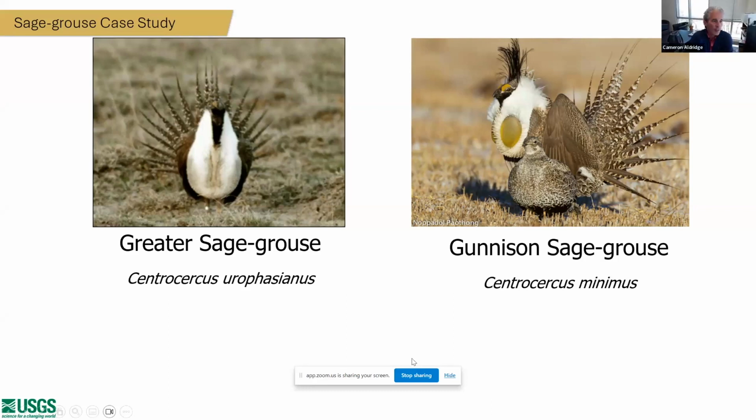Great. So I'm going to shift focus, but stick within the sagebrush obligates. We're going to go from a mammal to a bird. I'm not going to give much background on sage grouse because I think everybody's fairly familiar with them, but there's two species of sage grouse. I'll talk a bit about greater sage grouse today. I'm going to talk more generally about possible effects to sage grouse, generally both species, and then a bit on some greater sage grouse trends and how we might think about climate links.